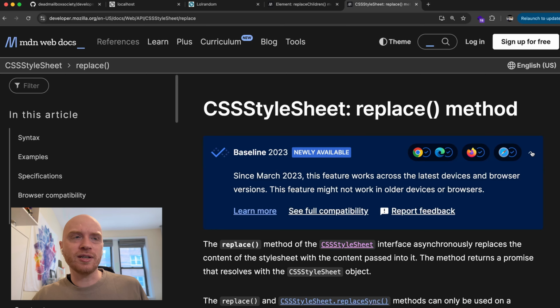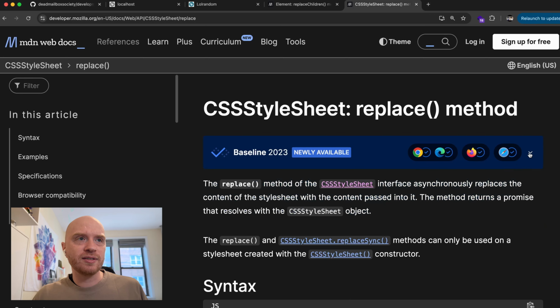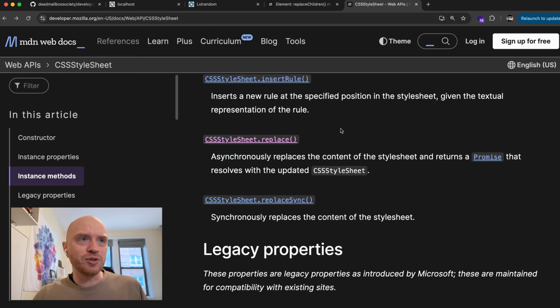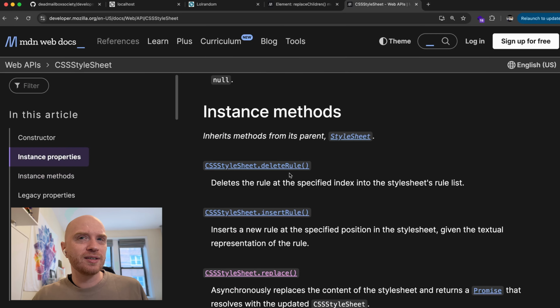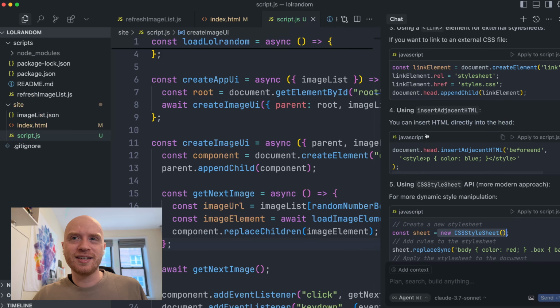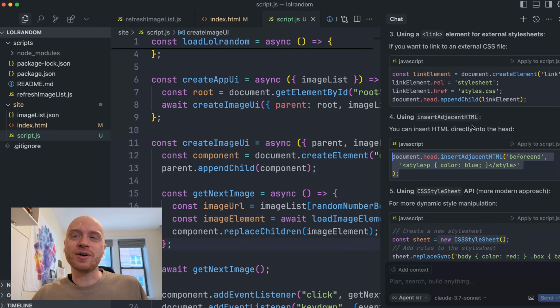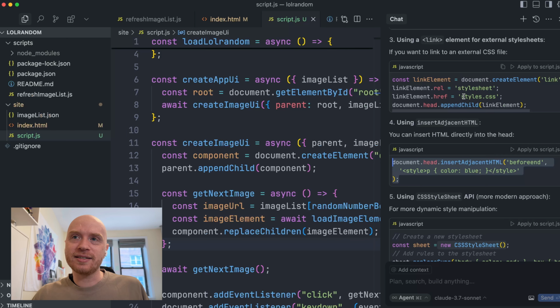It does claim that it works in all the major browsers, but since this is in JavaScript, even if it's just a little too old, it's going to break everything and the whole app won't work. So I might want to use a more legacy approach. It's not like I'm gaining a lot by using the new approach. Can I just insert a style tag in text form? Yeah, I'm going to do the boring, crappy approach, because that'll just work more reliably and consistently across